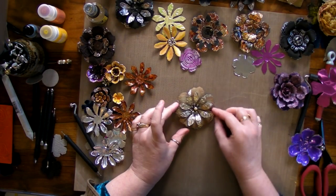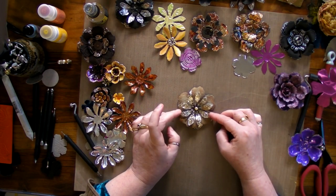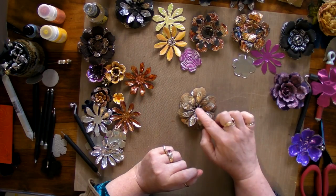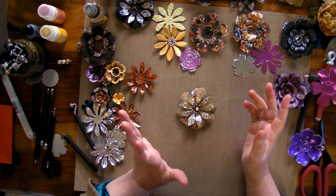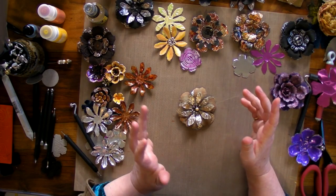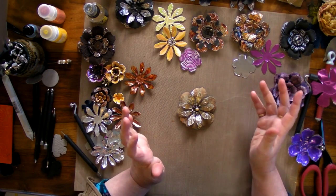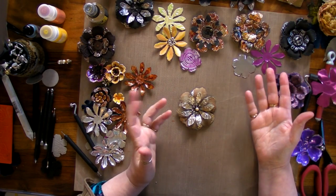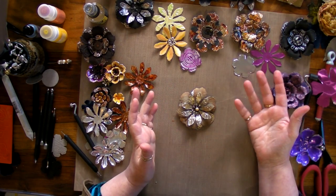Sized flowers. And here you go with where I've embossed the metal. Use one of Tim Holtz metal flowers in the middle. You can stick a pearl on, you can do what you like. I don't often put the centres in until I'm ready to use them because I can never be sure quite what I'm going to use it on, whether it's going to go on a bag or shoes or scrapbooking pages or